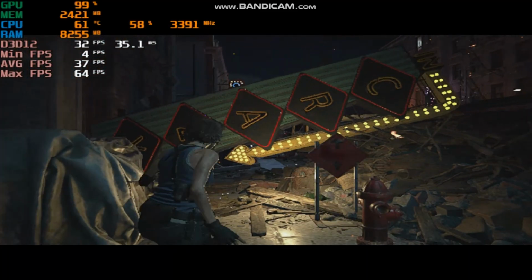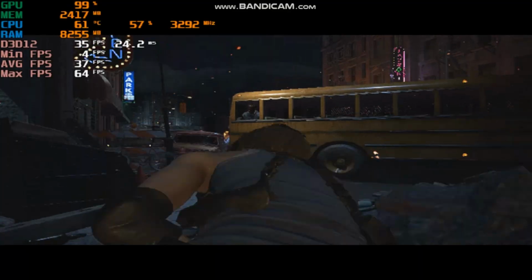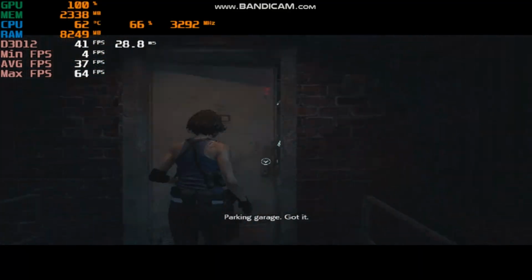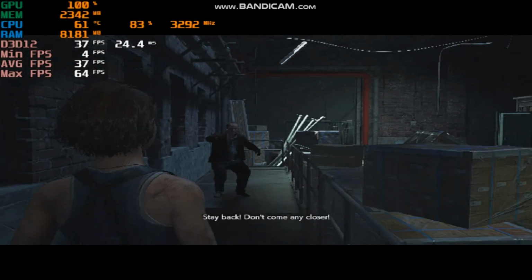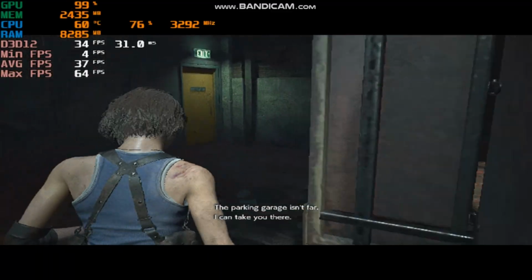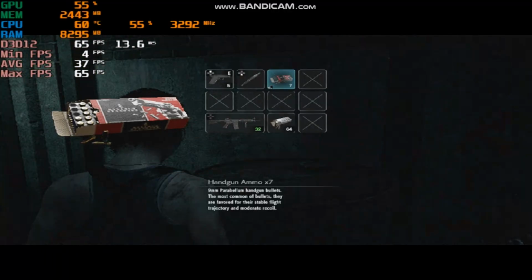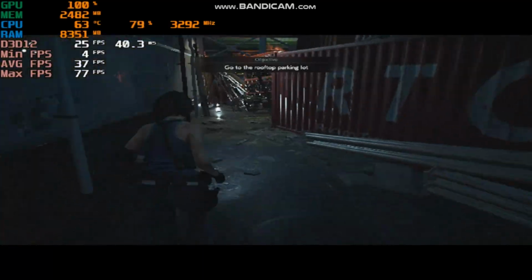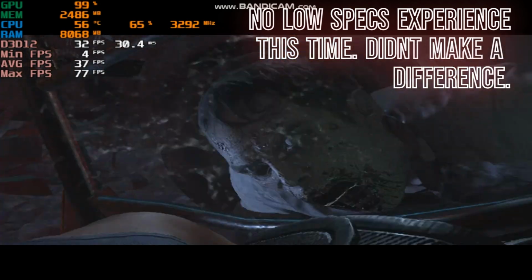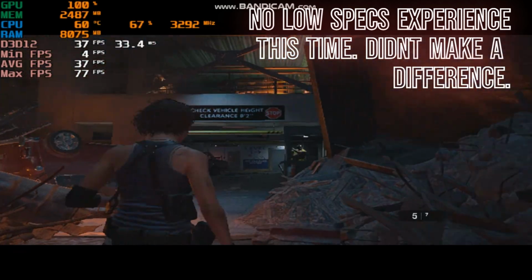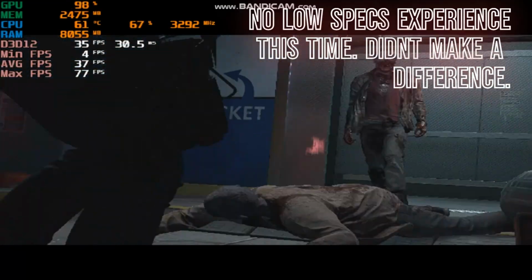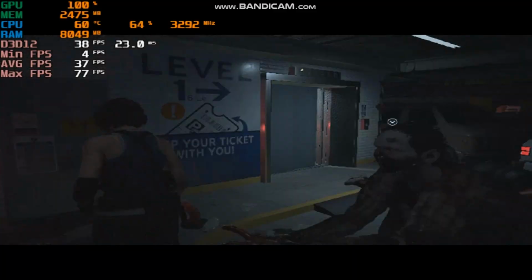We are using FSR performance in this, so, yeah, it's not technically 800 by 600. We're using FSR in ultra quality mode. It still looks good though. It's not as blurry as Resident Evil 2 was. I don't know if that's because we're actually using a version of FSR in this and Resident Evil 2 wasn't, because Resident Evil 2 only had image quality settings. It didn't have specifically FSR settings. And I don't know if that makes a difference as far as quality of video goes, but I'm impressed by